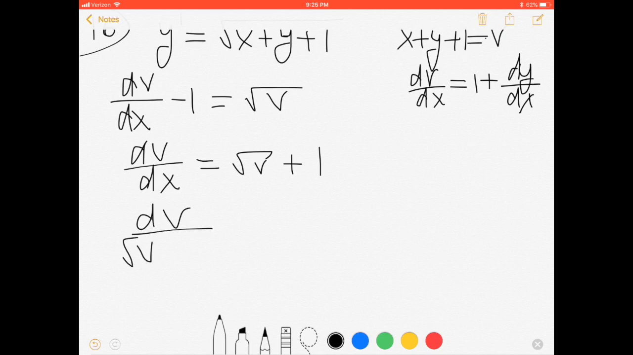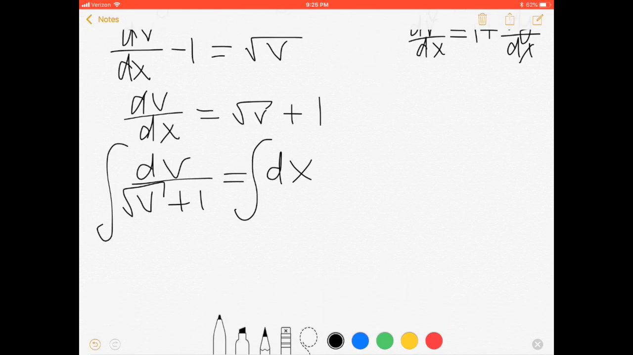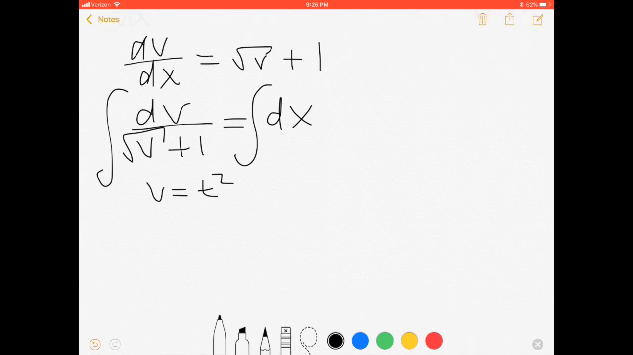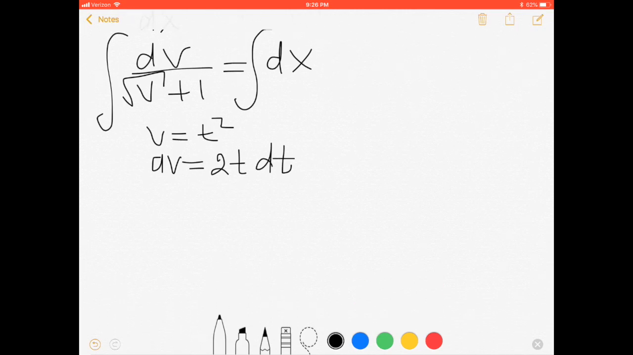Separable variable: dv over square root of v plus 1 equals dx. Take the integral of both sides. Here I think it's an easy substitution, v equals t squared. This substitution is not about how to solve the differential equation, it is about how to compute your integral, and dv will be 2t dt, and you have